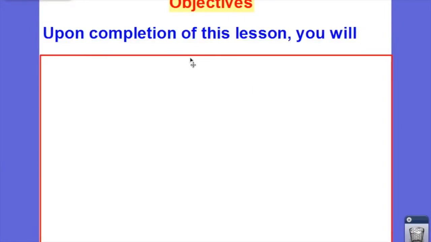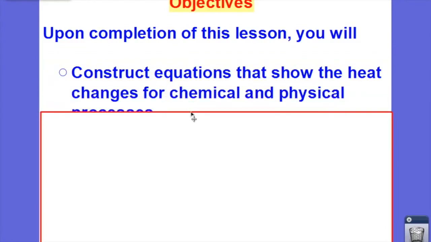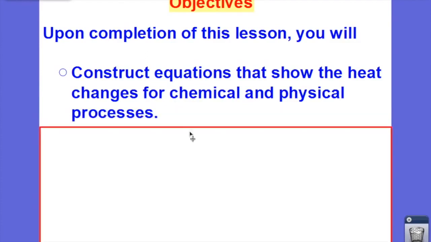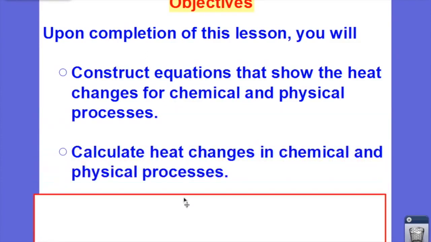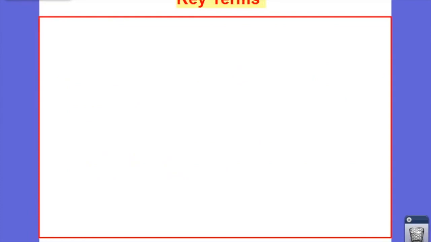We are going to discuss 17.2. The objectives for today's lesson: we will construct equations that show the heat changes for chemical and physical processes. We will also calculate heat changes in chemical and physical processes. The key terms,